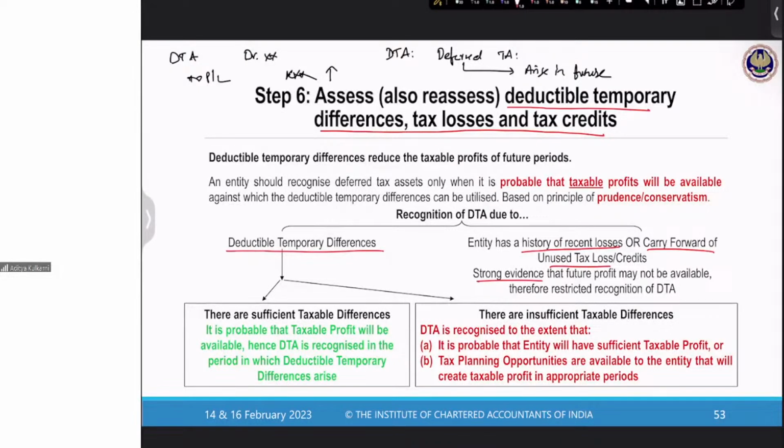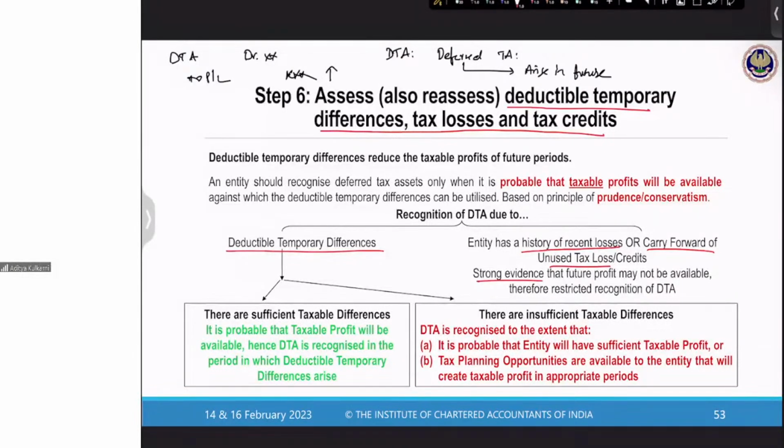As far as I remember, carry forward of business losses is allowed for a period of 8 years. That means you should be in a position to say that within the next 8 years, I am going to have a taxable profit. If you are unable to show that, particularly like cases where infrastructure projects with long gestation